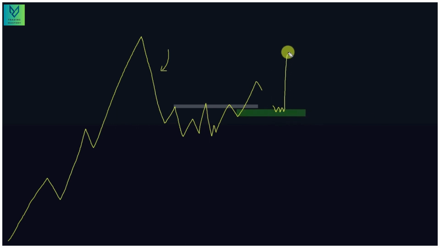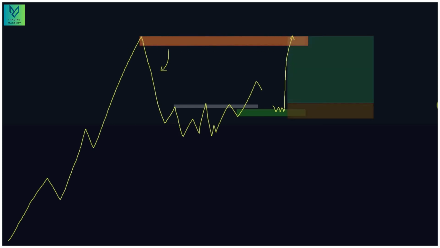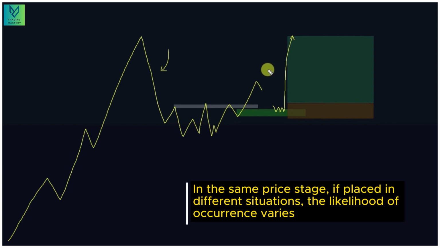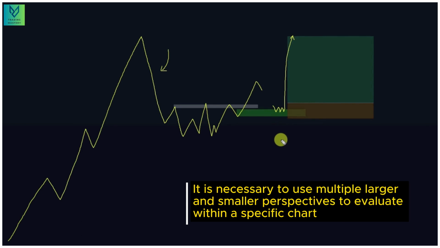then if we target the profit taking to the previous bearish zone, at this peak area, that is entirely a reasonable entry point. It's precisely how we understand market structure, although they may appear similar at a certain stage. With similar entry points, the probability of occurrence will differ if that stage is placed in a different context. To make an entry point, there must be a specific context, a specific chart to consider how its future possibilities